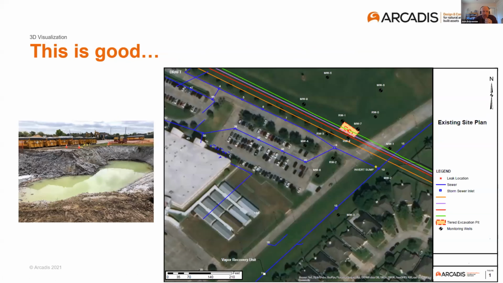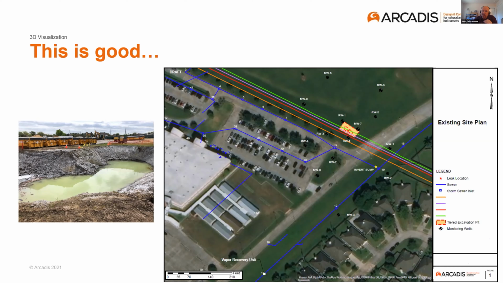Standard maps are shown here of an excavation. They're really good, right? Gives you lots of good information. It's useful information. The figure on the right highlights an excavation around a pipeline that had a containment issue, right? The photo itself provides additional context, but by adding in the information from all of the other data sources that